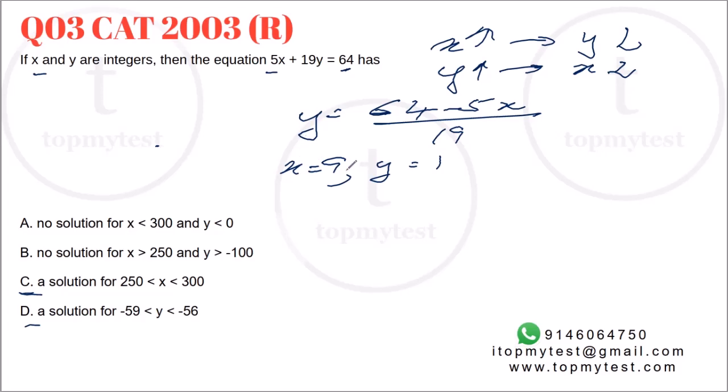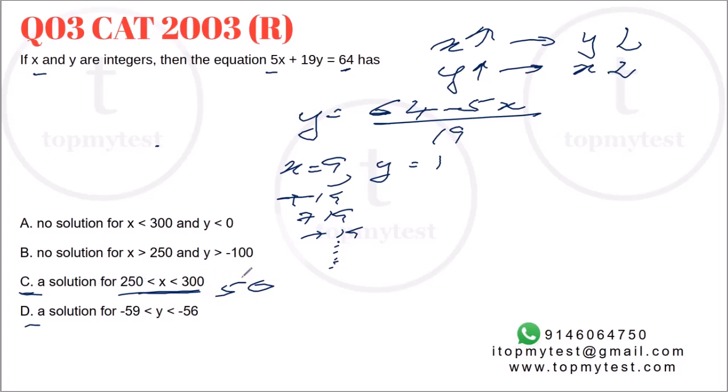Now, for instance, X, what is the range in which X increases, right? X increases by 19 every time, right? So the next solution was this plus 19, then this plus 19, then this plus 19, and so on. So there will be one value. The gap here is 50, right? The gap here is 50. And 19 is a lesser number than 50. So you'll definitely find one of the values of X, if you keep on increasing, where it will be between